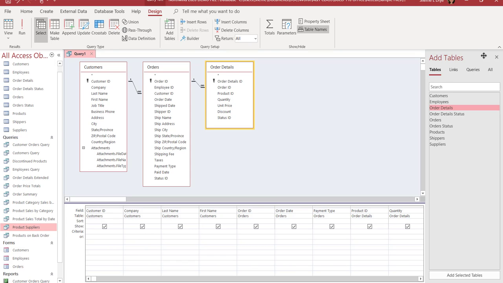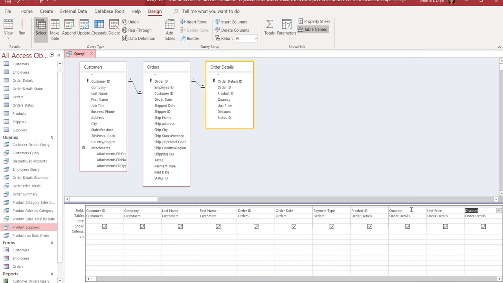That's a lot of fields, so let me close this window, and now we can see all of those. For each field we've got the table from which it was pulled. So let's save that as customer orders,